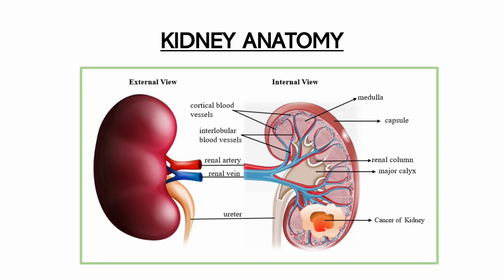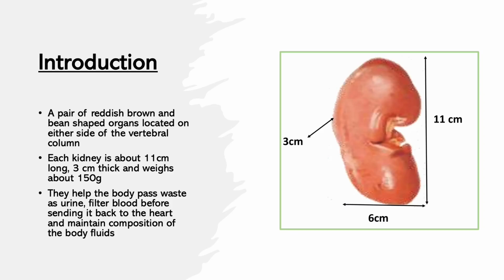In today's video, we are going to be looking at one of the key structures of the urinary system: the kidneys. A pair of reddish-brown and bean-shaped organs located on either side of the vertebral column. Each kidney is about 11 centimeters long, 3 centimeters thick, and weighs about 150 grams. Kidneys help the body pass waste as urine, filter blood before sending it back to the heart, and maintain composition